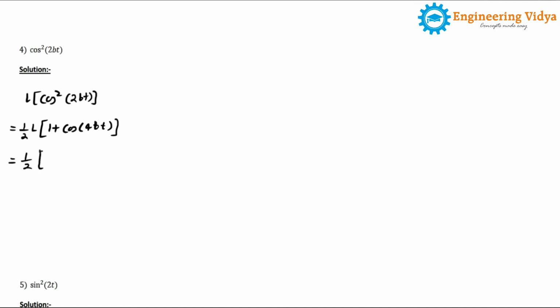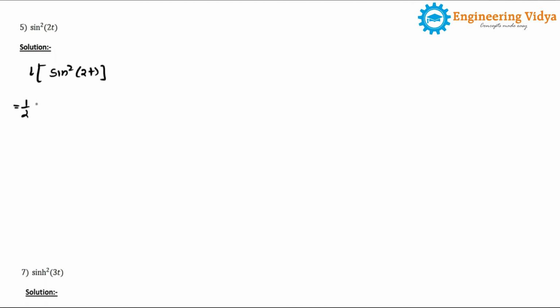And if I take the Laplace transform of this entire function, the Laplace transform of constant k will be k upon s. So Laplace of 1 will be 1 upon s, right? Since here 4b can be considered as a, because we know that Laplace transform of cos at is nothing but s upon s square plus a square, right? Whatever is attached with the t, that will be considered as a. Here t is attached with the 4b, so we can say the value of a is nothing but 4b. So after applying the formula, here we will get s upon s square plus, and the square of 4 is nothing but 16, and square of b will be b square, right? So this is the final answer, right?